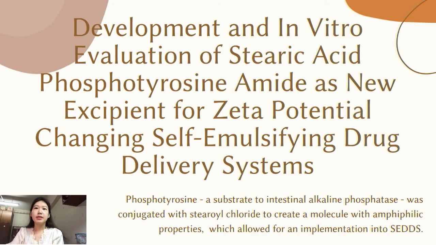The second example is the development and in vitro evaluation of stearic acid phosphotyrosine amide as new excipient for zeta potential changing self-emulsifying drug delivery systems. Phosphotyrosine can act as a substrate to intestinal alkaline phosphatase. In this research, it was conjugated with stearoyl chloride to create a molecule with amphiphilic properties which allowed for an